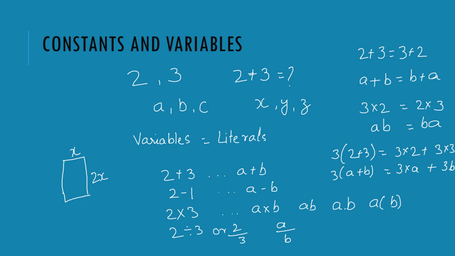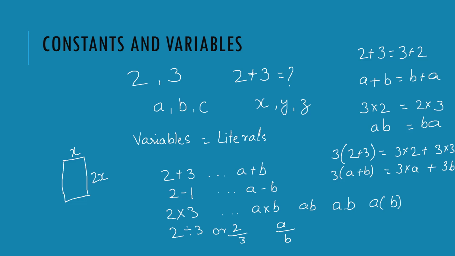So what is the advantage of using these variables? That is also something which I was wondering. Yeah, so the advantage is that if you don't know something, you can still write a generic equation. But how will it help us in real life? So for example, you don't know the price of an apple. And I went to buy an apple.